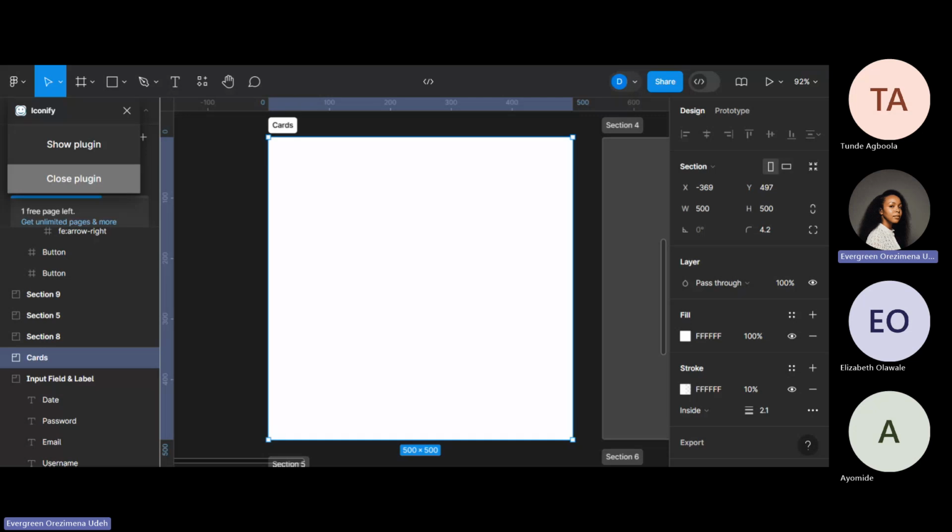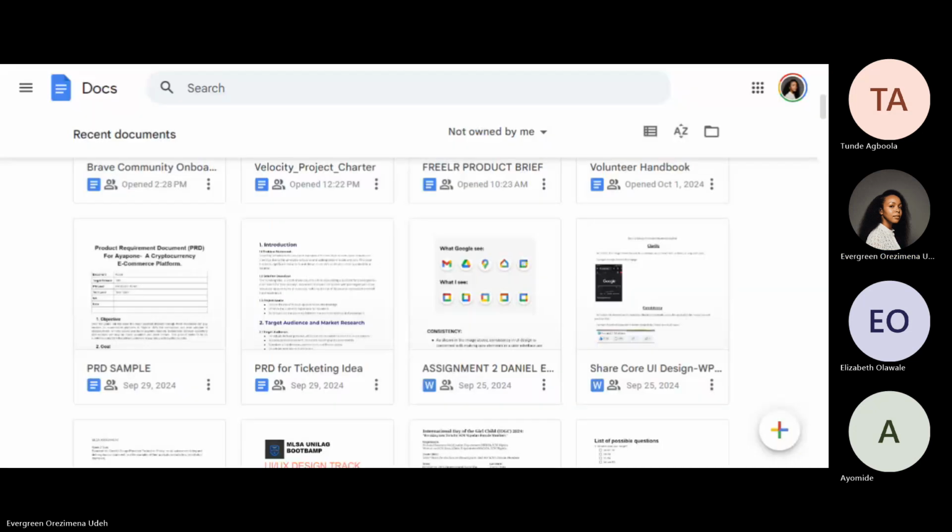Okay, so let me share this. So these are cards. You can have them